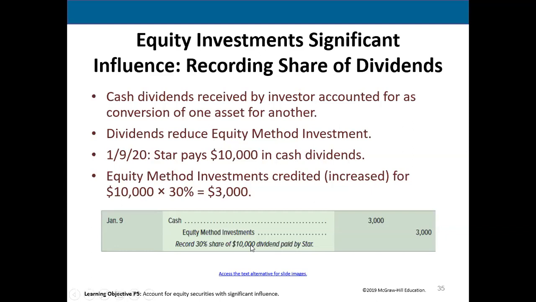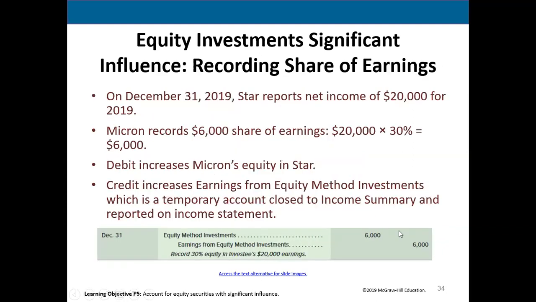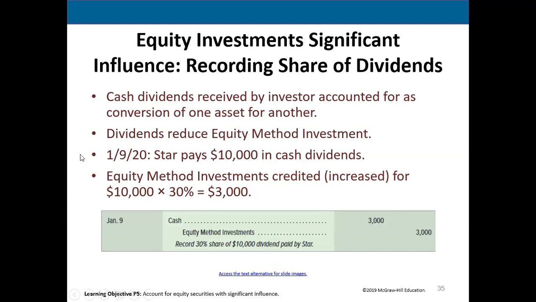Remember, let me go back here. When the company earned the $20,000, which is where the dividend comes from, STAR said, okay, we'll show $6,000 of that, which is our share of it, in revenue and increase our investment account. Well, as they start receiving the actual dividend, debit cash, decrease your investment account, and also remember what's happening on STAR's books. When they pay that cash dividend, their equity is also decreasing. Their retained earnings is going down.